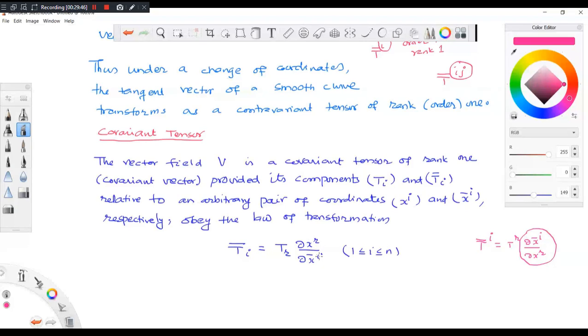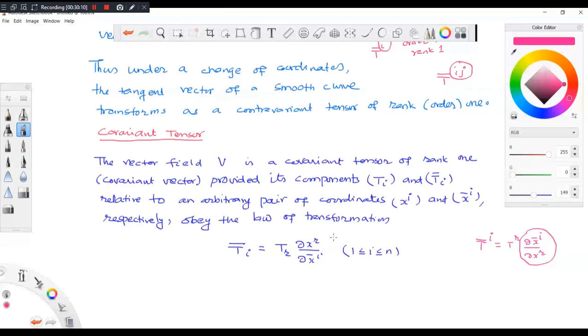But here you see, just reverse: xr with respect to xi. Okay, so the rate of changes are different in this case. That means the directions in which they are changing are different. But you will say that when you take the modulus of the vector, that is going to be the same vector, but the components you take in different directions.